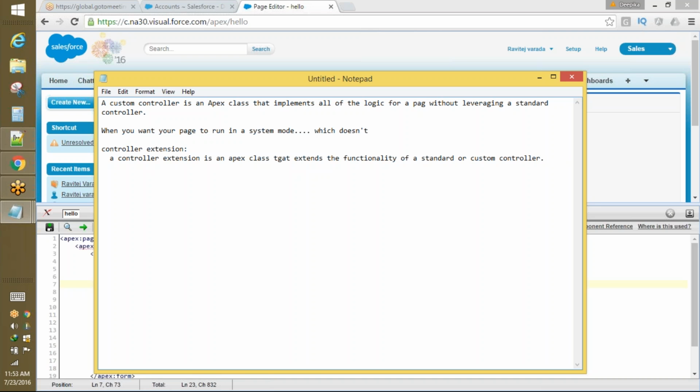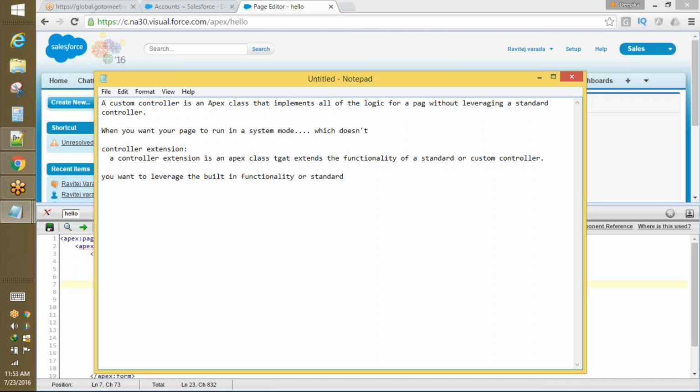You should use the controller extension when you want to leverage the built-in functionality, so if you want to do something more on top of a standard controller or a custom controller,